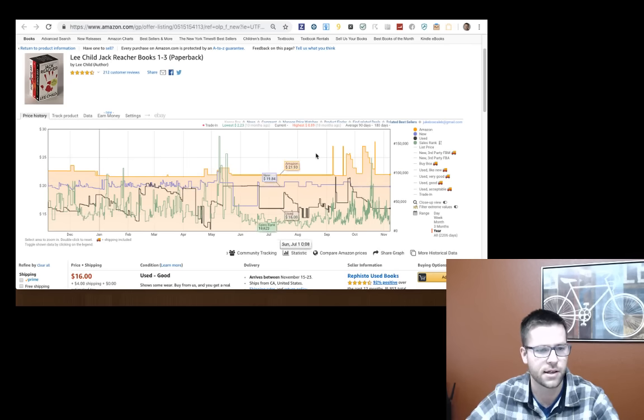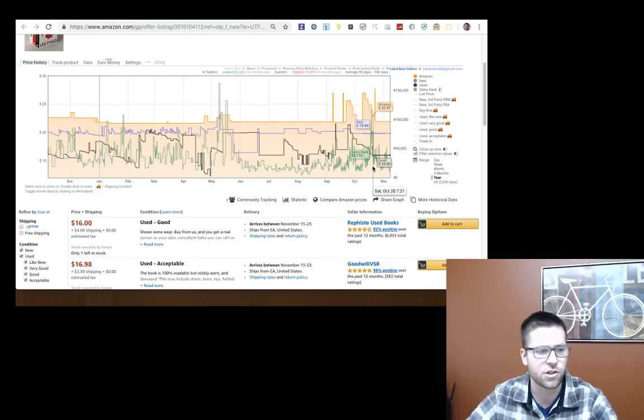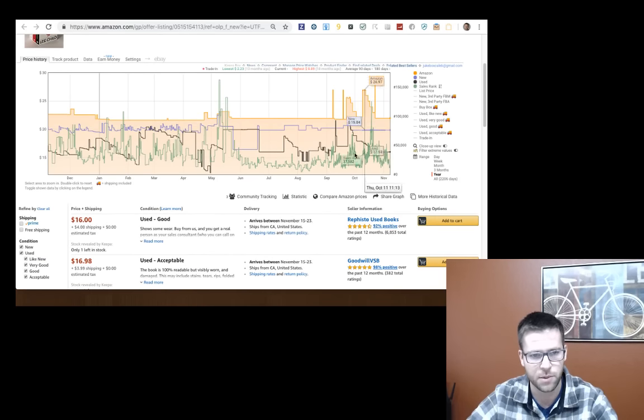And again, Amazon is usually flatline with a few little bumps and bruises along the way, and they're going to be a little bit higher. So again, that lets you know the story. And again, we know this book typically sells for 15 to 20. The rank is really good. If you guys want to talk about,